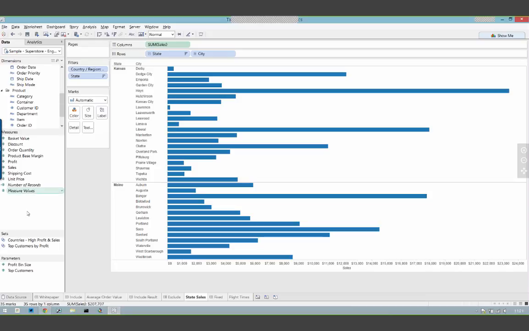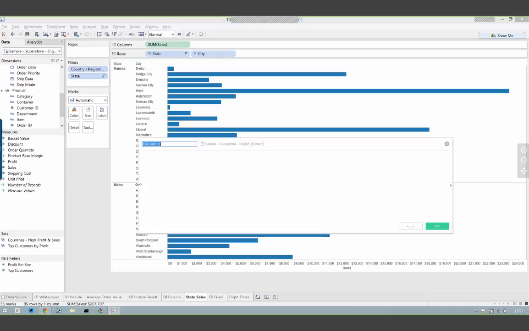Let's do that with an exclude level of detail. So I'm going to call this average state sales. Again, let me zoom this in. This time I'm going to go up in my level of detail.